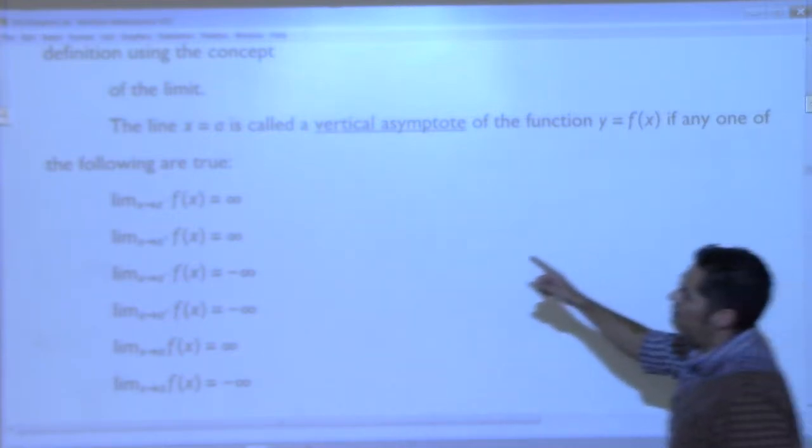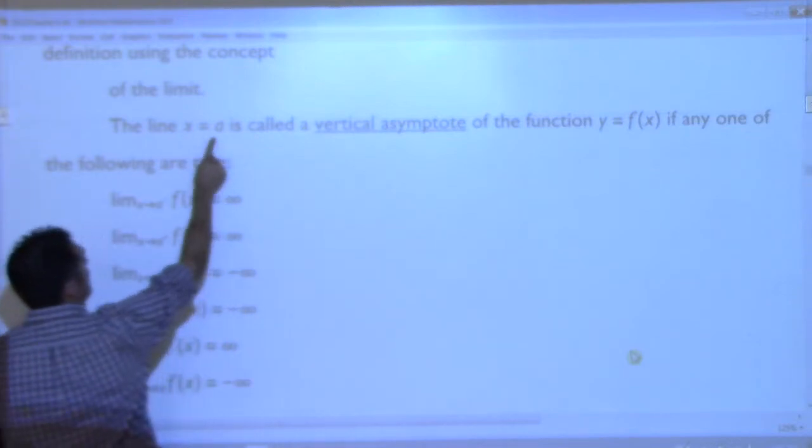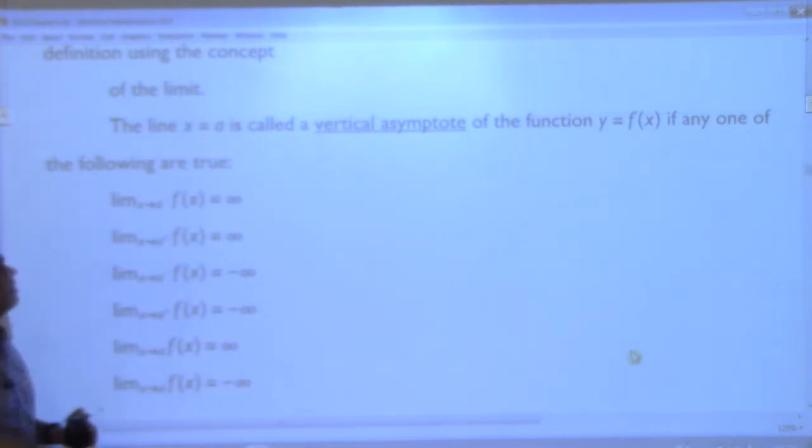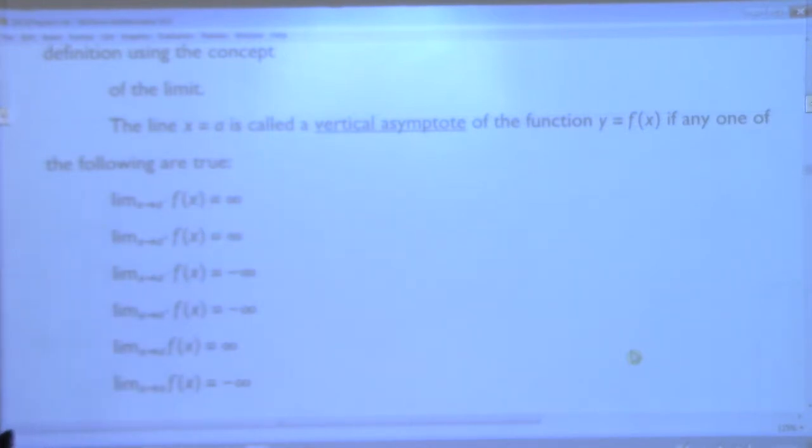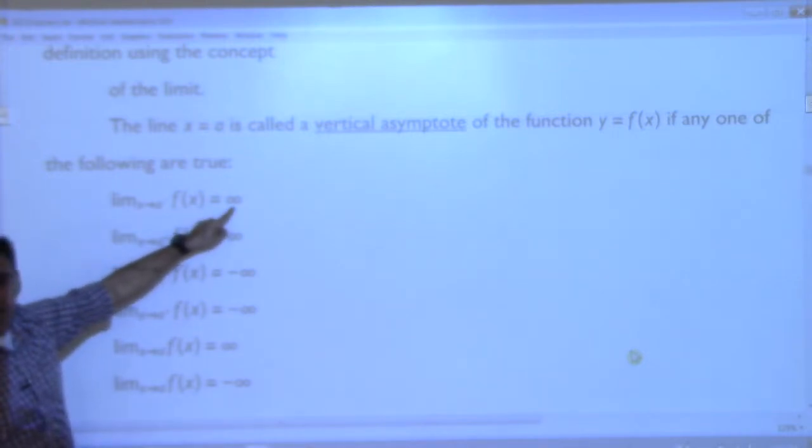So this says that the line x equals a. So x equals a is a vertical line. The line x equals a is called a vertical asymptote of a function if any one of the following are true. If any of these things are true, then we will call x equals a a vertical asymptote. So this first thing is saying what? Okay, so this one is saying when we're on the function f and we're moving towards a from the left side, if our function takes off to infinity, then we have a